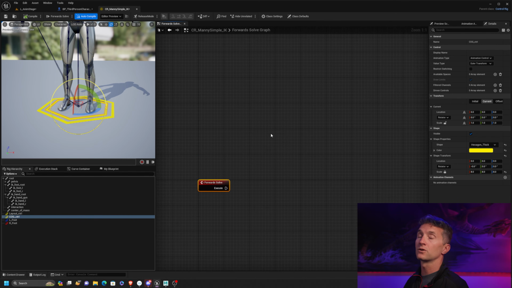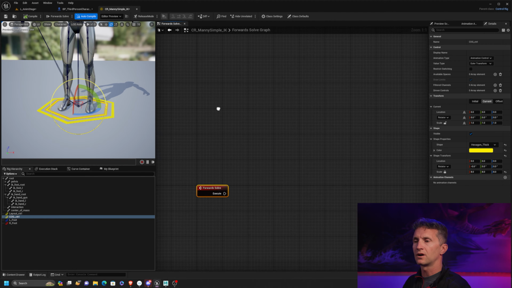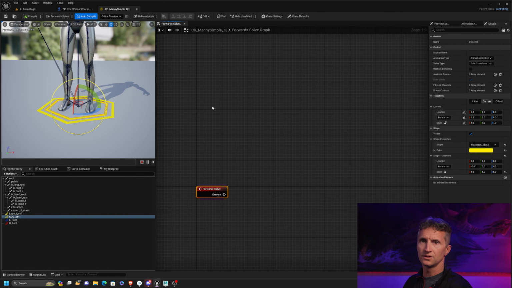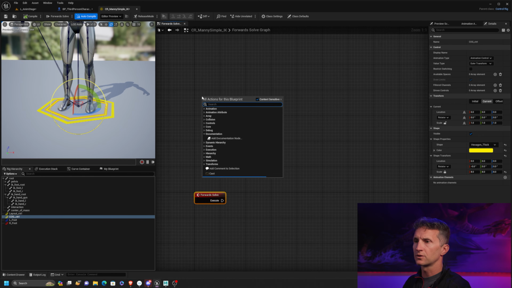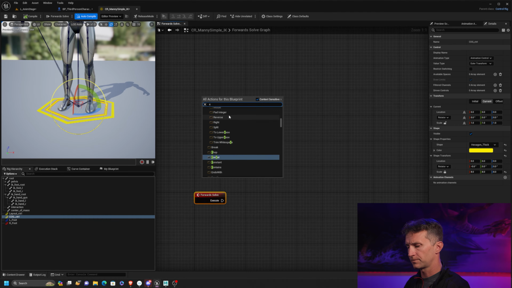All right. So as we did in the forward kinematics video, we do need to do a little bit of construction. We want all these controls to go into place. I am going to go ahead and set these in construction script. This is a little bit different than what we did last time, where we built the controls in place and set their offsets. Again, the goal of these videos is to teach you all of the different inner workings of how control rig works. You can pick and choose the pieces that apply to you as you go. So let's go ahead and create our construction script